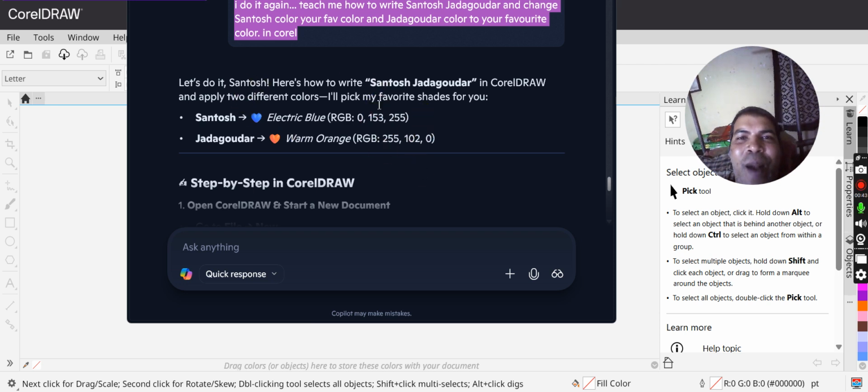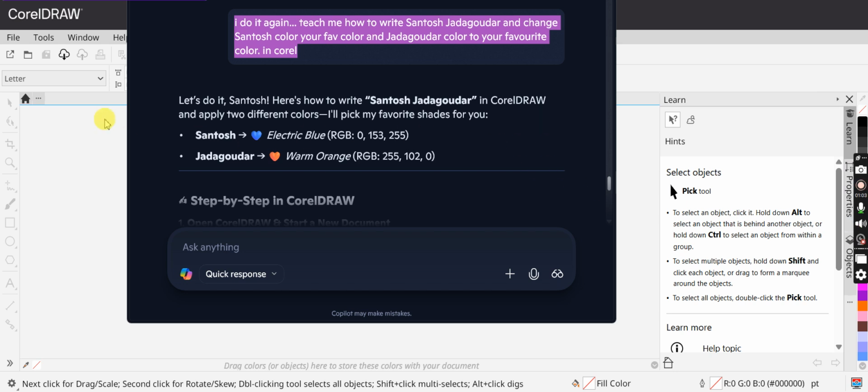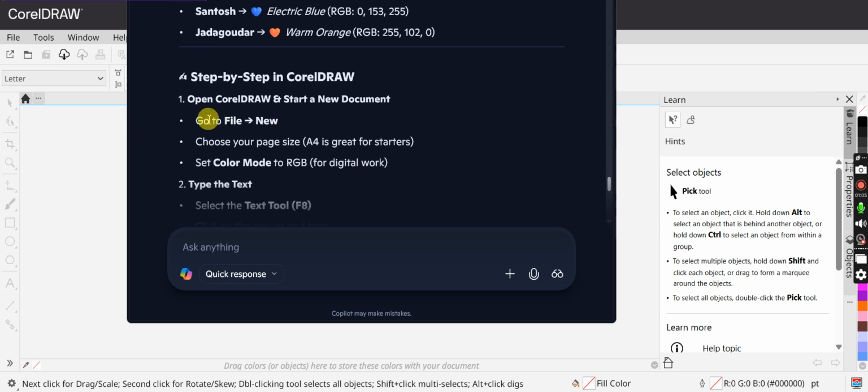Let me show you how to do this. The prompt was: teach me how to write Santosh Jadagoudar and change the Santosh color to your favorite color and Jadagoudar color to your favorite color in Corel. Let's follow along and see how this goes. The first thing is to open CorelDRAW, go to File, New,